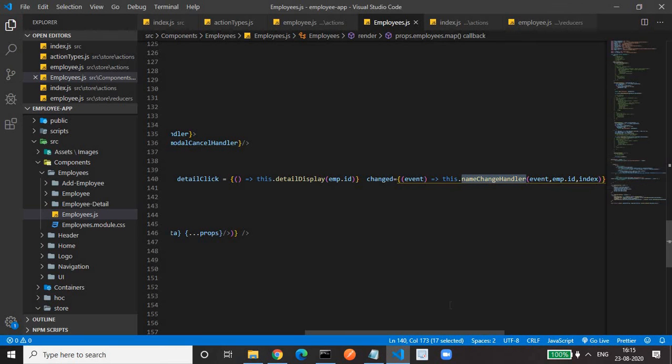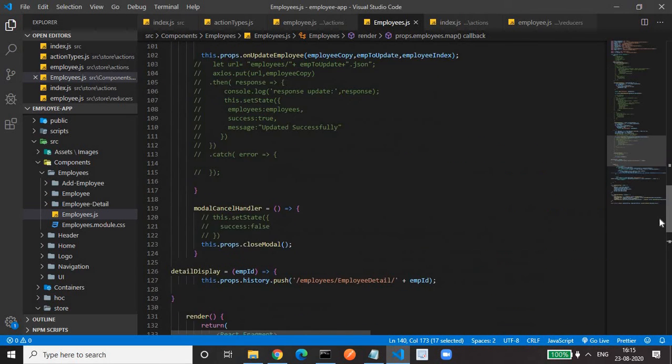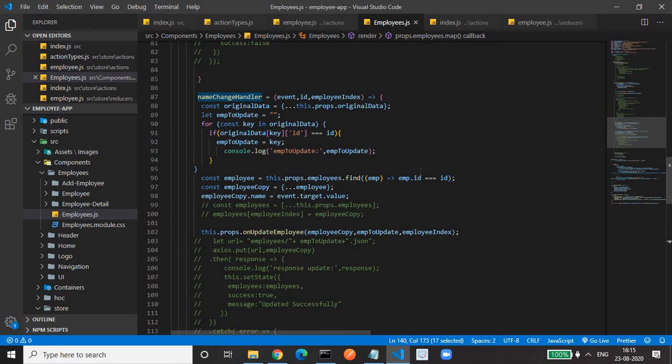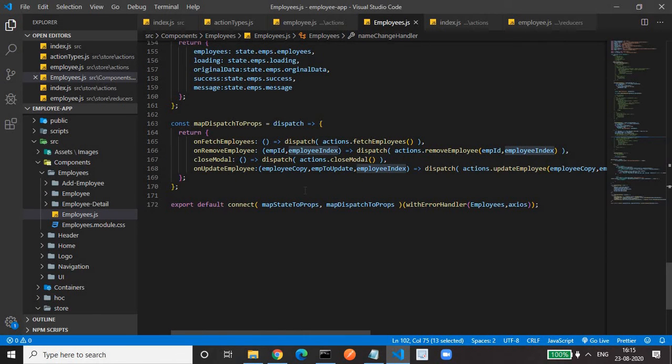If you have seen the previous video, you should be able to correlate. In the name change handler, we are calling the onUpdateEmployee action again with the employee copy, meaning the new employee with the new value that the user has entered, along with the employee ID that the user wants to update, along with the employee index. Why are these 3 parameters needed? Because we need them in the action too. Okay.